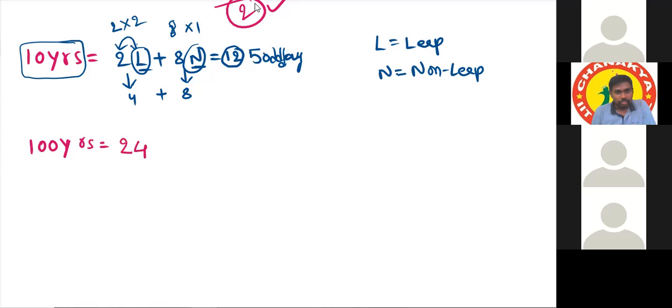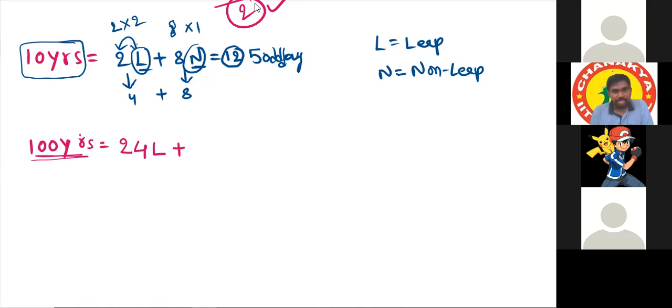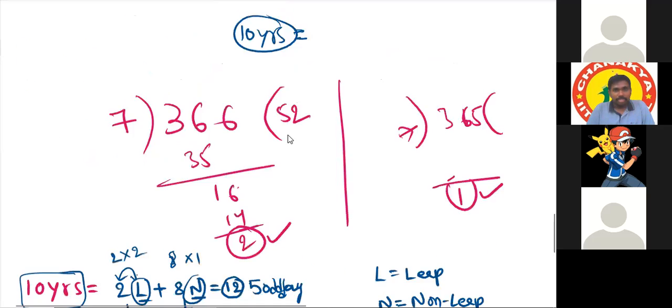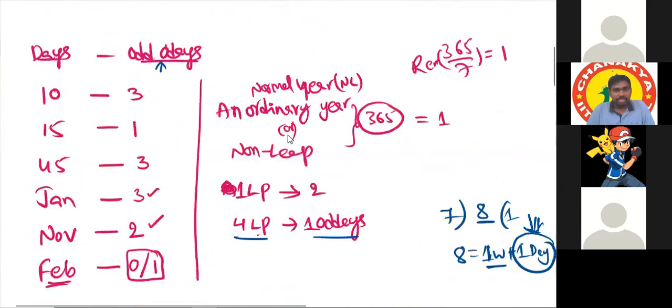24 leap years and 76 normal years. Here my question is 100 years consists of how many odd days, but we have to find out first the leap years and non-leap years. 25 leap years? But the century might or might not be a leap year. That 25th may or may not be, it is not a confirmed, definite case. That point we already took in the last class.